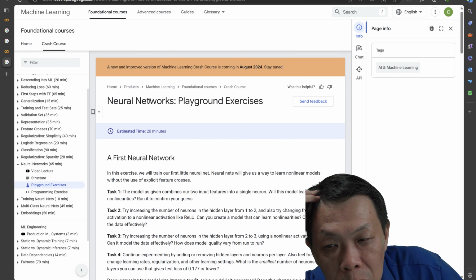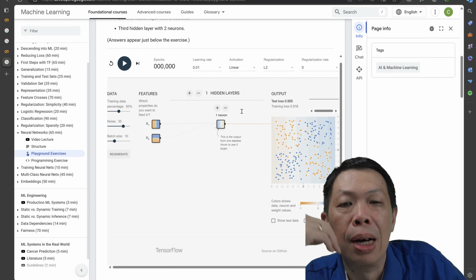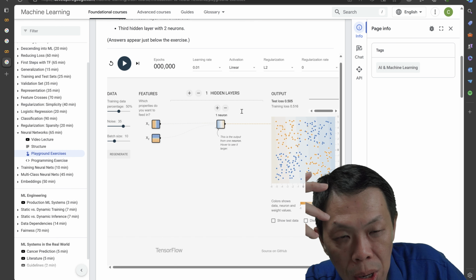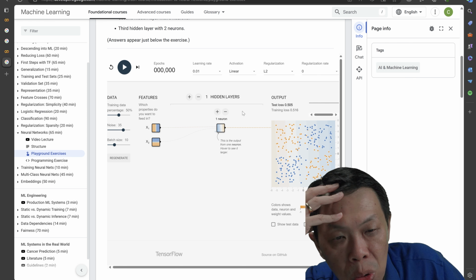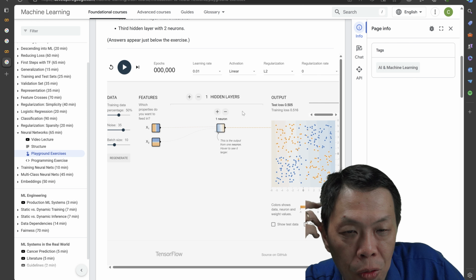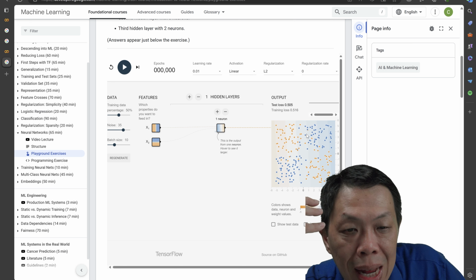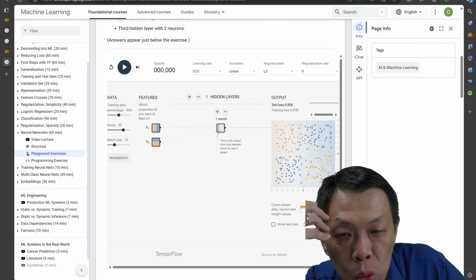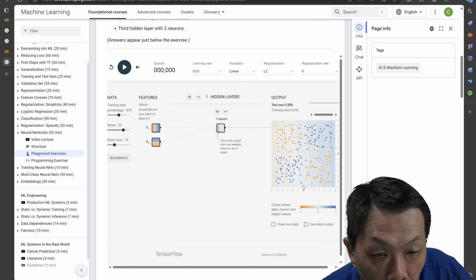For example, you just click the Neural Network Playground, and here it provides an emulation tool. This emulation tool is quite easy for you. Its final outcome is you want to classify 2 colors, right? The blue one and the orange one.